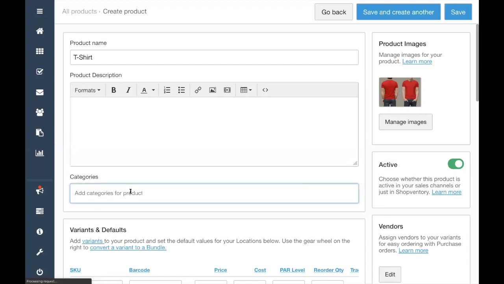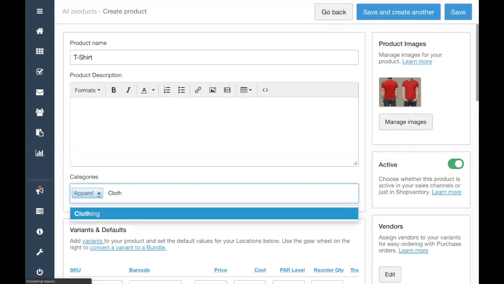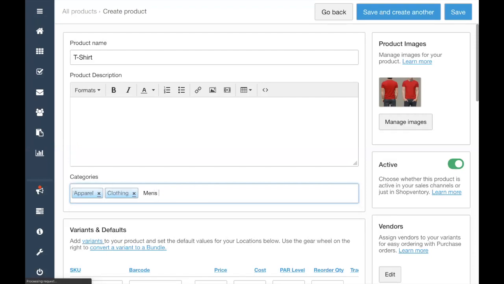We'll put this into a category. We'll just say apparel. And you can create more than one category. So I can put this into clothing, for instance, or men's clothing, or just men's. So up to you how specific you want to get, but you can create multiple categories here inside of Shopventory